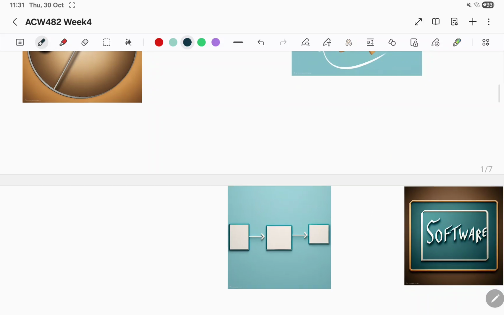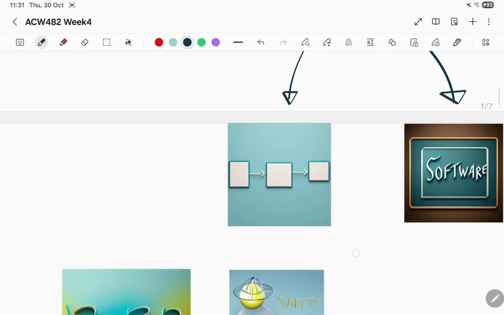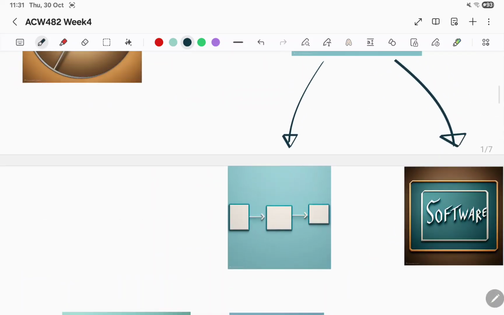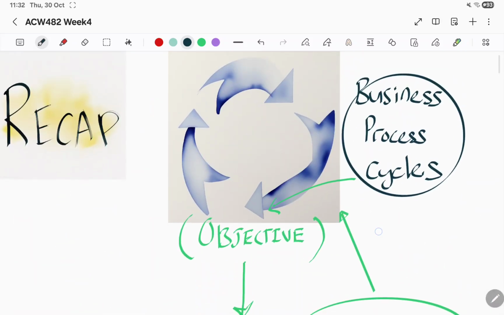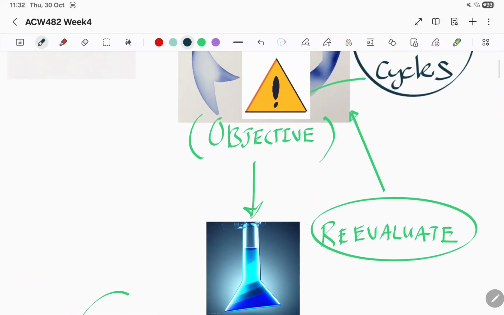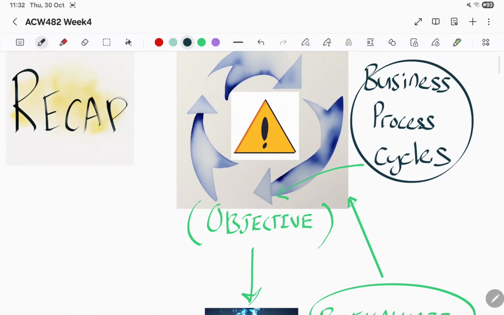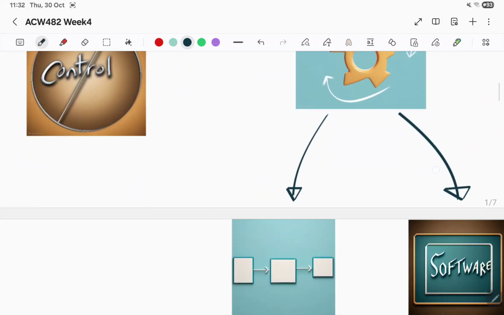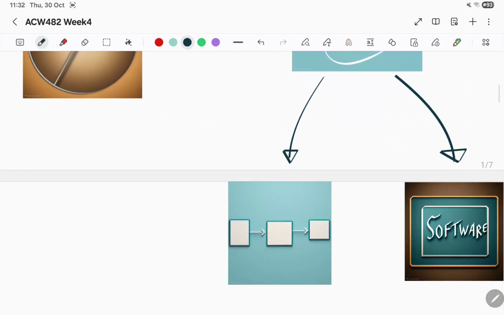And if we talk about the efficiency and the effectiveness, we will look into these two points over here, all right? Over here is simple, right? Because I write that software already. The software might not be efficient, all right? The software might not be effective. That will cause this issue to the business process cycle over here. Can you see that? The system, the software might be the problem, or the process itself might not be